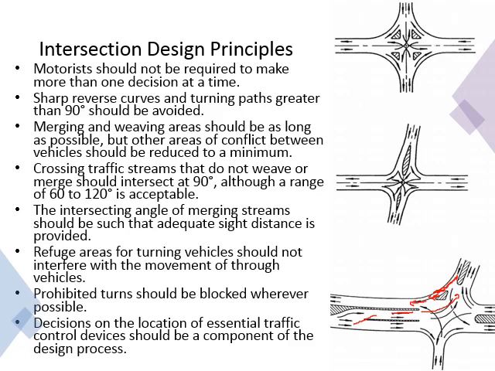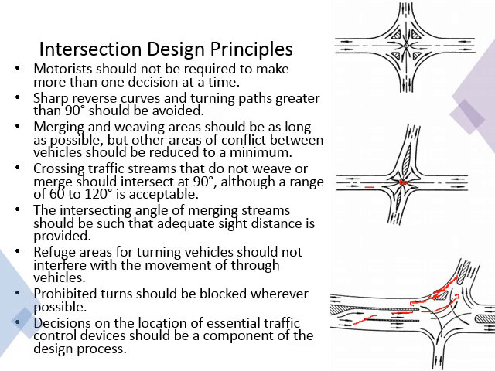Which is just something which is not happening here. A driver who is coming from here does not have any specific lane for turning left or going straight. Everybody is in the same lane, so I have to look for drivers who are turning left, who are turning right, and at this point, if there is no signal, then there will be many drivers who will be crossing me. So this is the opposite of making one decision at a time.